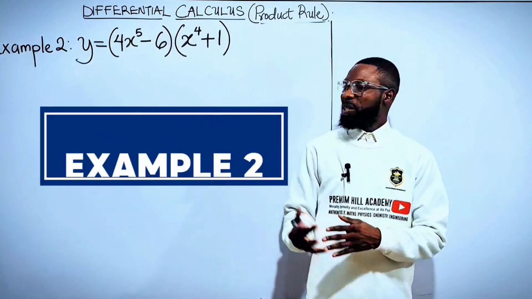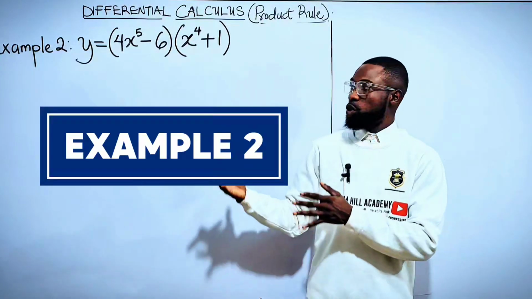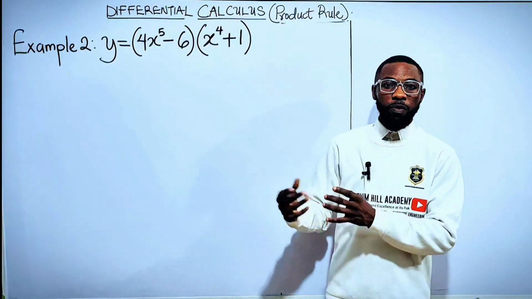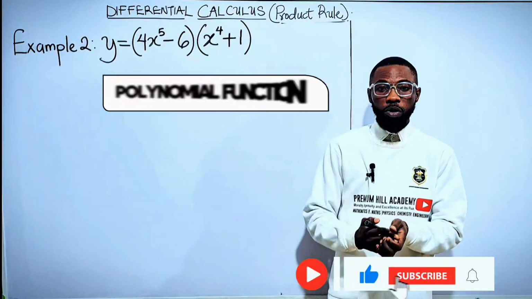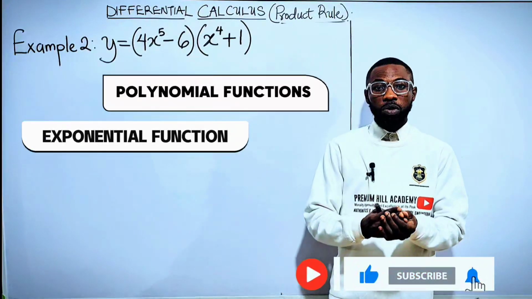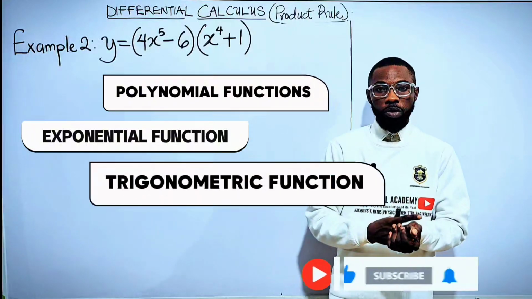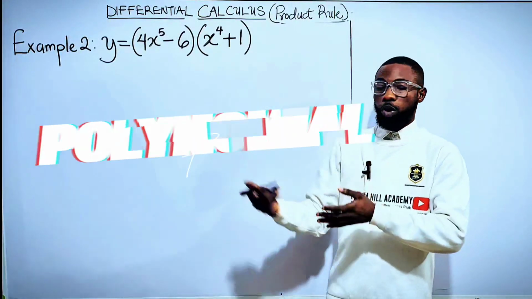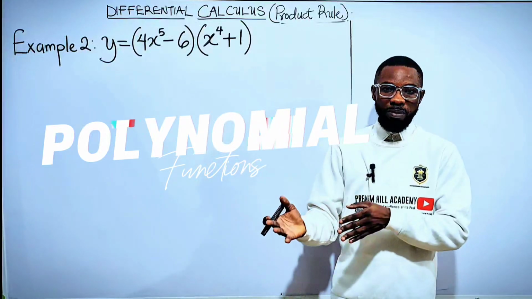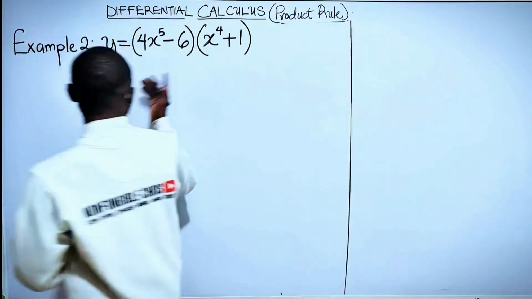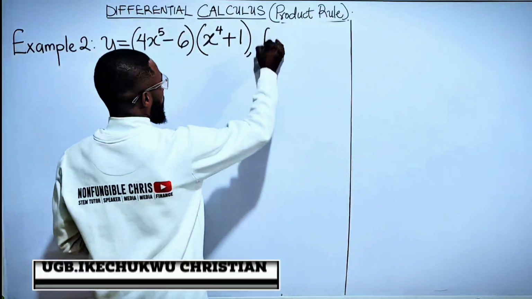Alright guys, so in example 2, we are still expanding using the product rule, and this kind of function is called a polynomial function. We're going to be looking at the polynomial functions, the exponential functions, and the trigonometric functions. So number one, we're just looking at the polynomial functions, seeing how we can expand polynomial functions to their lowest end. In example 2, we're given this,